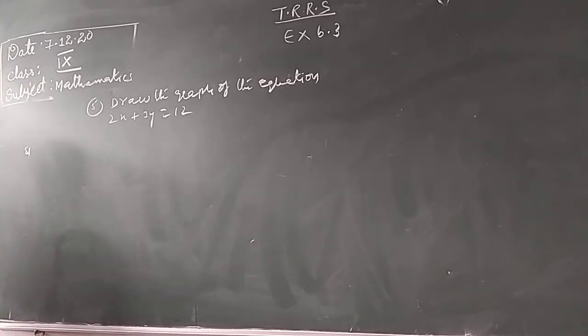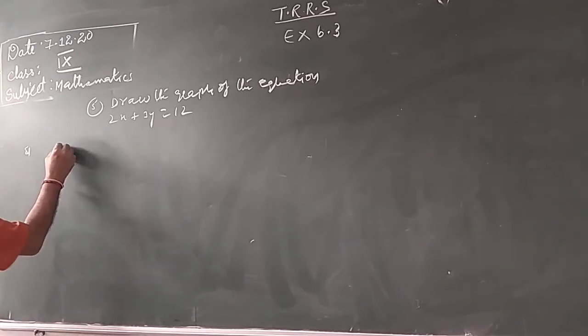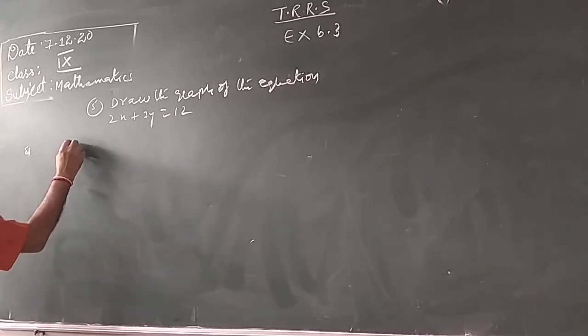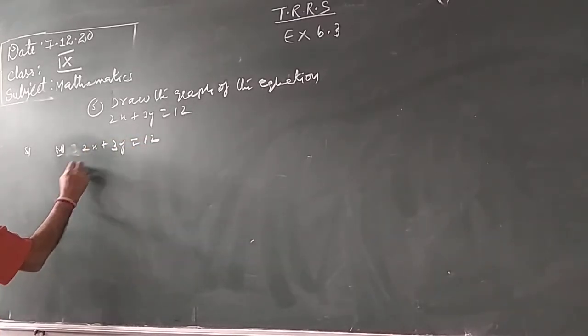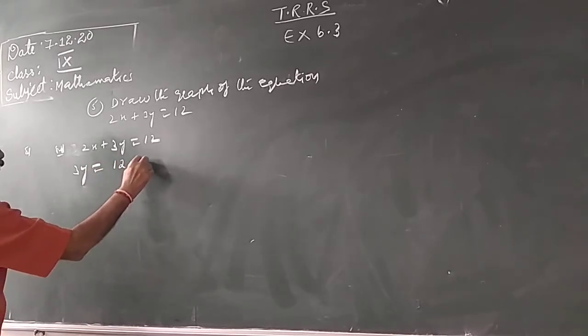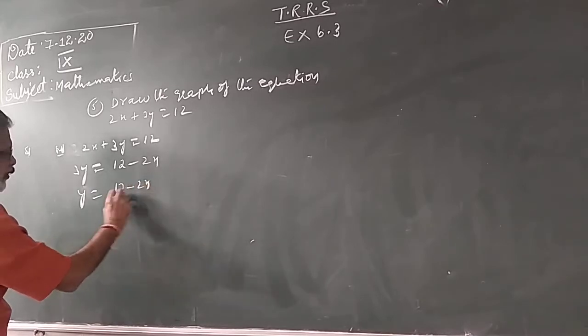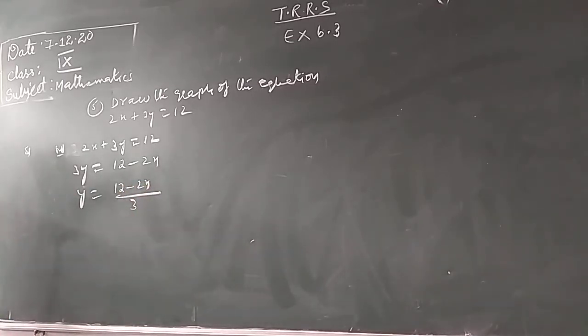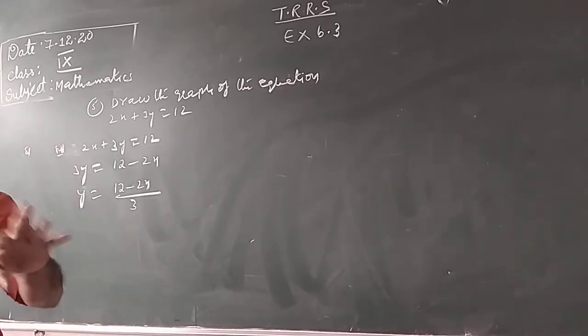Now we put x is equal to 0 and we will get the y value, then put y is equal to 0. So I take this, you change it in the form of y is equal to. So the given equation is 2x plus 3y equal to 12. In y is equal to form, 3y is equal to 12 minus 2x, shifting to the right side. Y is equal to 12 minus 2x by 3. So when you draw the graph, you need to bring the ax plus by plus c equal to 0 into the form of y is equal to. Y should remain on the left side.